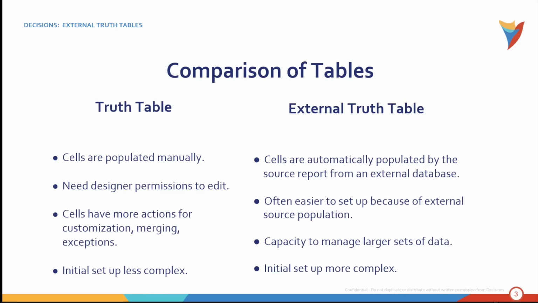So there's a couple of pros and cons in either direction depending on what you want. A really simple truth table, probably no need to use an external truth table for it. But the more complex ones might be a little bit easier, but there might be some limitations. So some things you have to consider when you're building. But let's jump over to Decisions and take a closer look at how to actually make one and utilize external